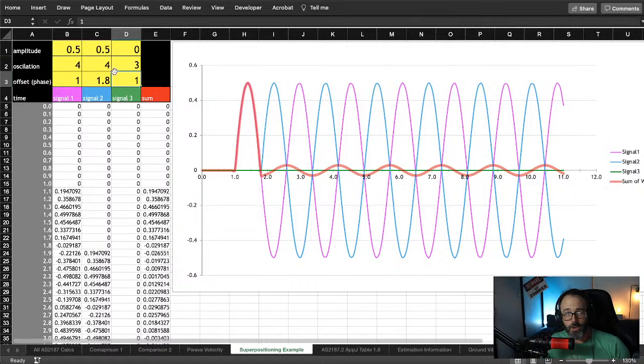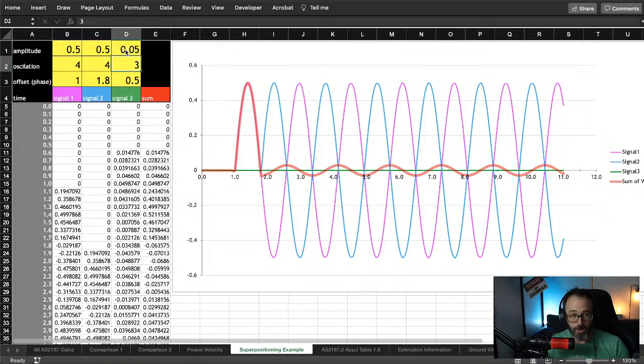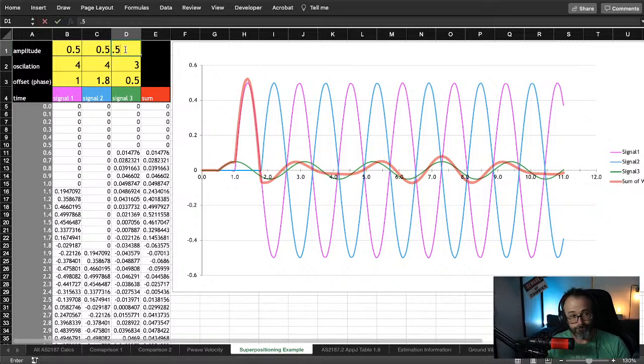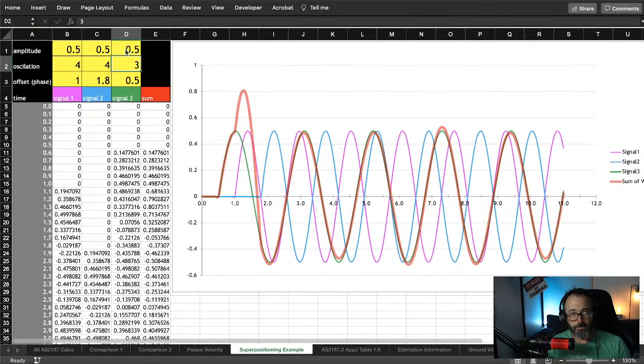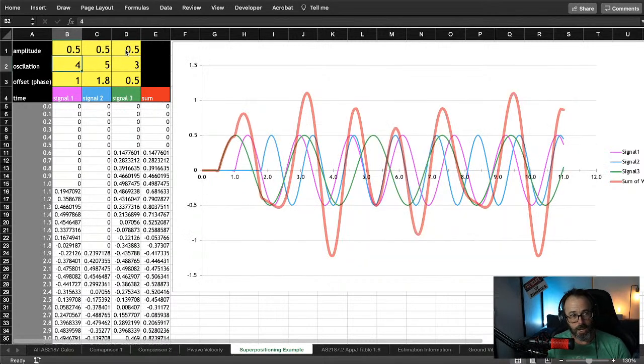So if you were to get your blasting right every time, and you were to get these things exactly the right place all the time, and the ground was uniform forever, then you would be getting these cancelled out waves. But if you don't get it in phase, or you add another blast, or add another phase, or add another shape, or something like that, and they're not out of phase,